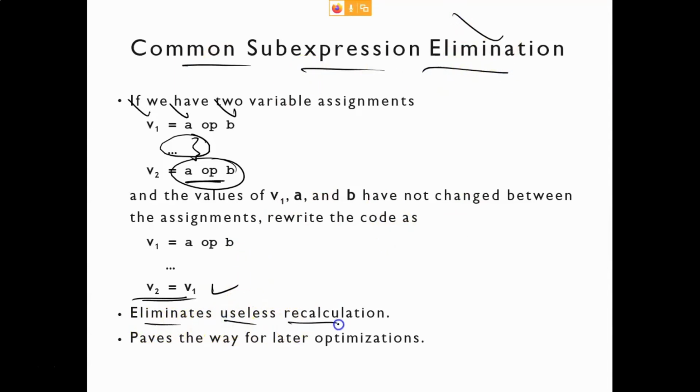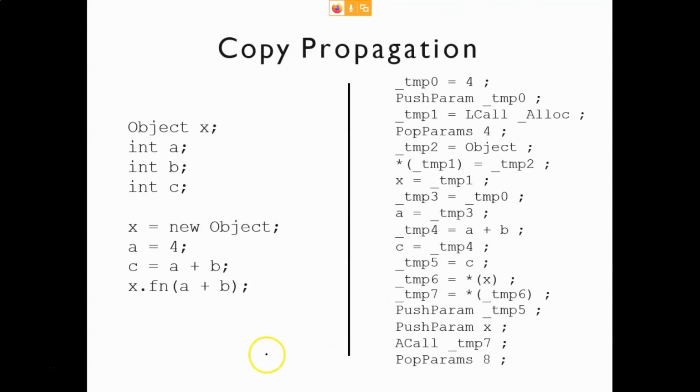It eliminates useless recalculation. You don't have to do the recalculation. Okay, so now we will see something called copy propagation. What is this copy propagation? Let's see.